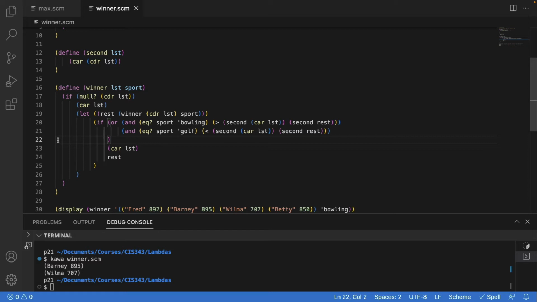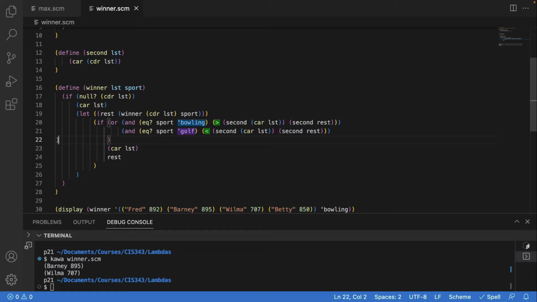And the third thing I see here is that from a software engineering standpoint, the winner function shouldn't have to know anything about the sports, either what they are or what their rules are. So one thing you will hopefully learn in your software engineering course is that ideally each function should do one small specific job. So in this case, the winner function's one job should be to search a list for the best player. But here we've added the additional jobs of defining what it means to be best for bowling, golf,